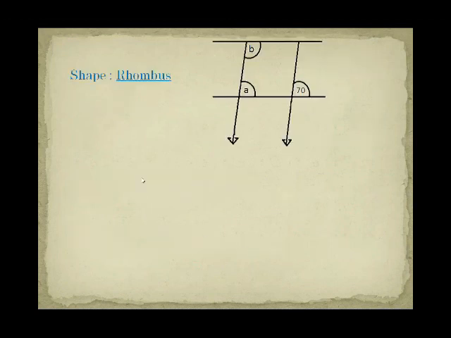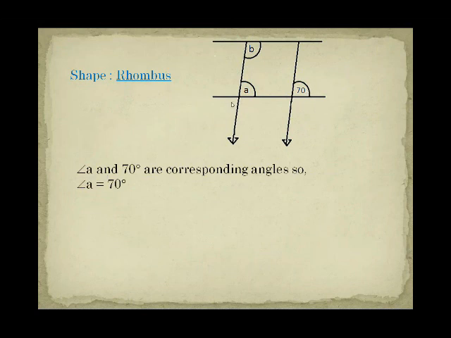Now the next diagram, okay, it is a little bit similar, just like a rhombus. So here we are using the properties of rhombus, but firstly we discuss the angles, which are the angle A and 70 degrees. Angle A and the angle of 70 degrees are corresponding angles. So the angle A is equal to 70 degrees. Here students, the corresponding angles are also discussed in chapter number 11. We already discussed in our previous lessons. From the definition or the properties of corresponding angles, we say that the angle A is equal to 70 degrees.